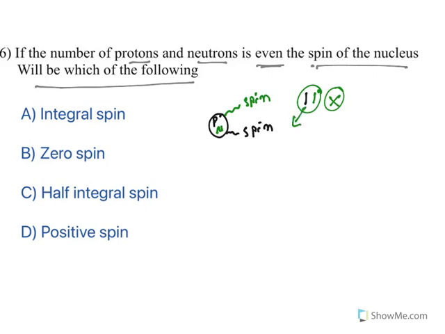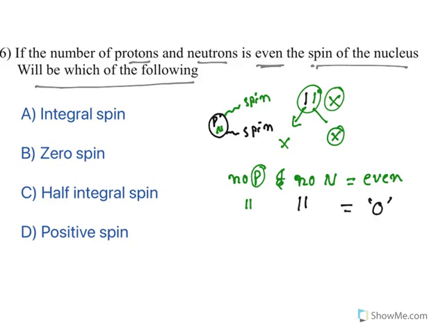Or if an even number of protons are there, the spin will get cancelled. If an even number of neutrons are there, the spin will get cancelled. That means the nucleus will not spin. So the rule is, if the number of protons and the number of neutrons are both even, that means equal numbers are there, what happens? Spins will get cancelled. So the spin will be 0. No spin will be there. So protons are in even number, neutrons are in even number. It will not spin at all.